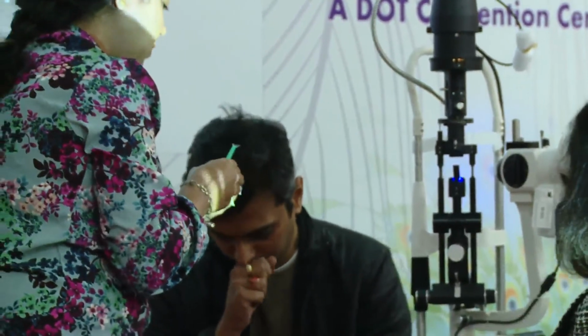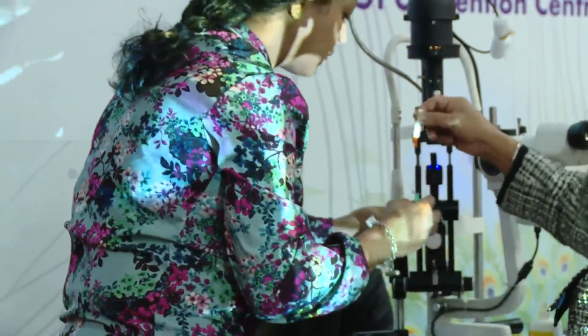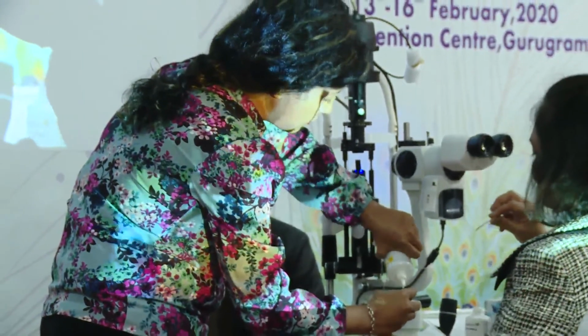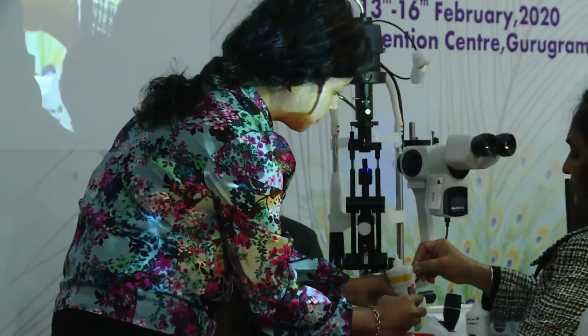We can do it. Give fluorescein ready. Meenakshi, fill the fluorescein. Keep the fluorescein ready. So if we can all see Meenakshi's hand, Pooja, who's in front, when you're inserting the lens,